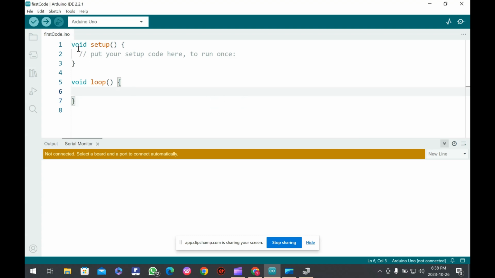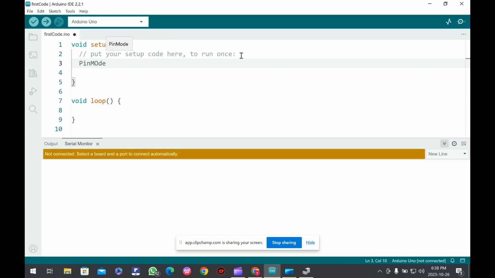These are two functions normally used in every Arduino program. In every sketch, you will see these two, the setup and loop functions. In this sketch, you can see the setup function is used only once. When the Arduino is powered on, this function will execute only once, and then the Arduino will run continuously using the loop function. For example, if you configure an LED,